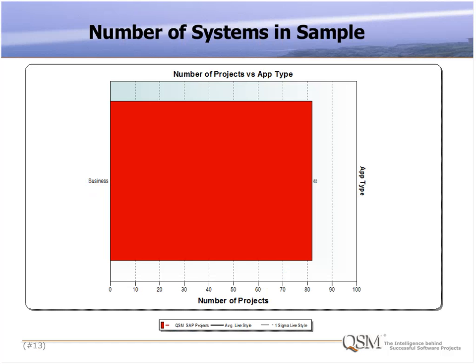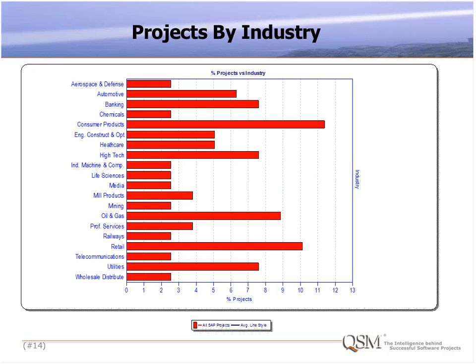So first slide, real easy. It's showing that from this data set we've got 82 SAP projects from the QSM database. That's what we would use to actually customize SLIM, maybe from a software development type of project over to a package implementation. So we're going to pull in about 82 SAP projects from the QSM database. We can also break that information out by industry type. You can see here, across all those 82 projects, they vary across industry as well. I've got aerospace and defense all the way down through wholesale distribution. So not only can we look at the projects in total, but we can look at them by industry sector